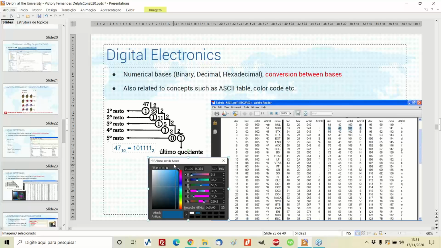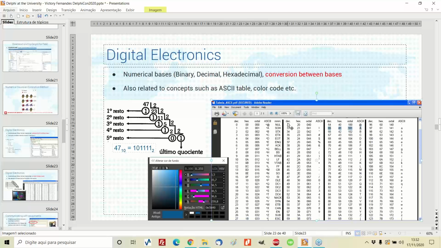So for the student, things start to make sense. And then you present the ASCII table and you say, you see, this is the ASCII table that you are learning in, I don't know which discipline of programming. Now you have to have the teachers very well integrated. You have to understand the whole scenario. And this you will learn, I don't know, in semester number 4. So you will learn how to use this table.